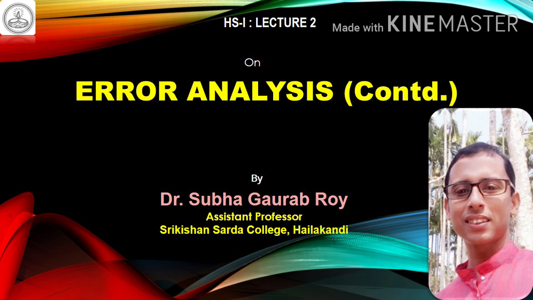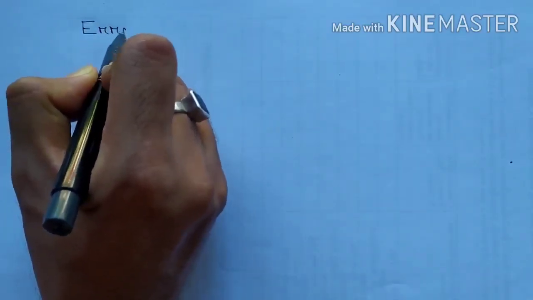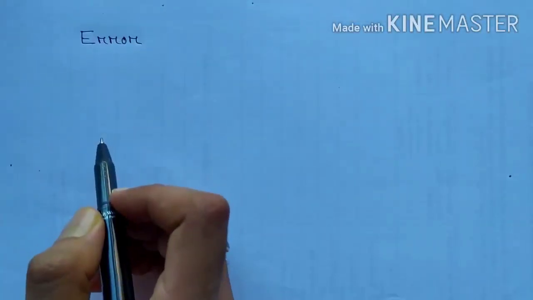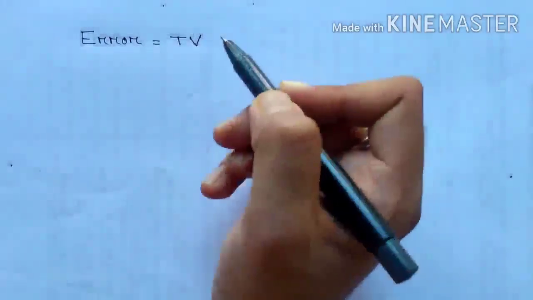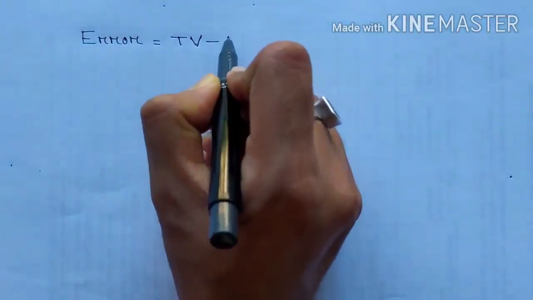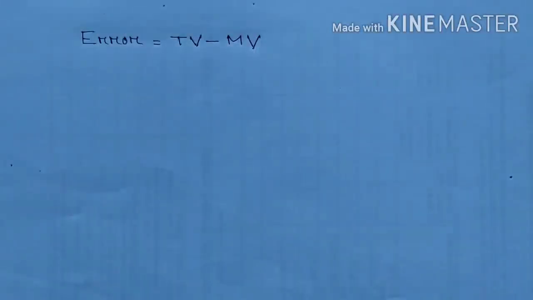So in the previous class, the first thing we did is we have defined error. And what was the definition? Error is nothing but the subtraction between true value and measured value. This is what we have learned first. Thereafter, we did some calculations of absolute error, average of individual measurements and all that, and finally we reached